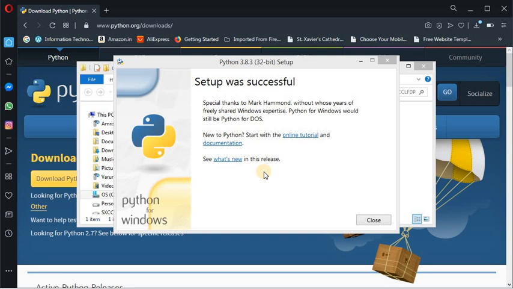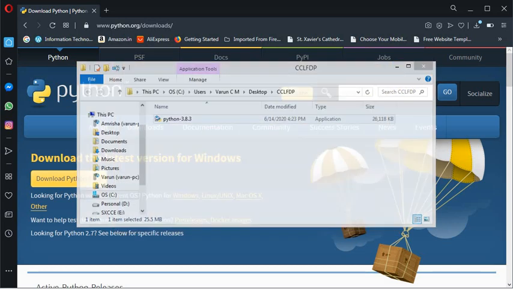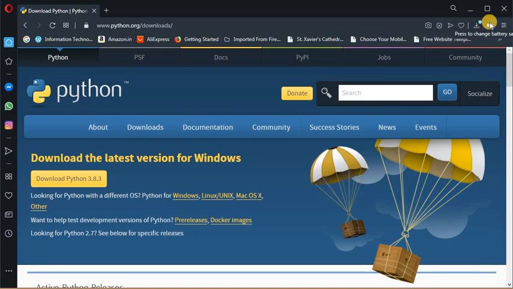Now it shows the setup was successful. You can just close it, and now you can check whether Python is available in your system.